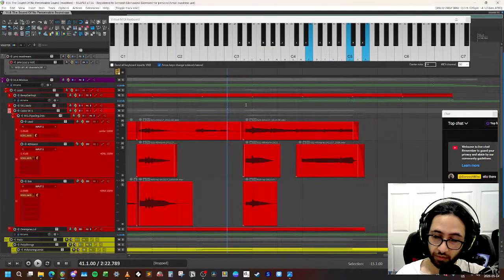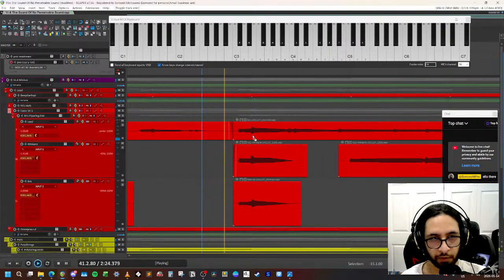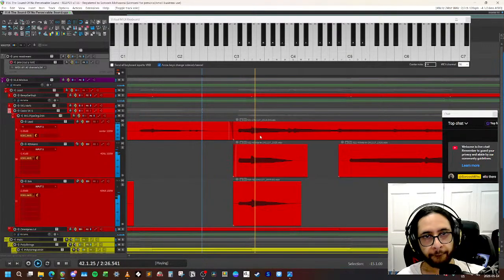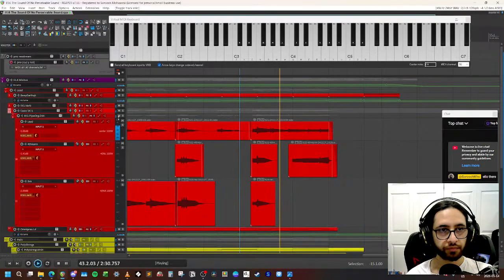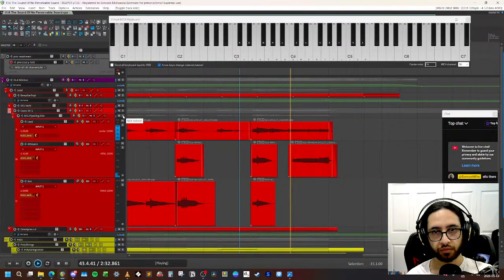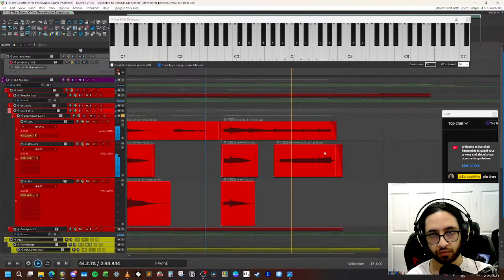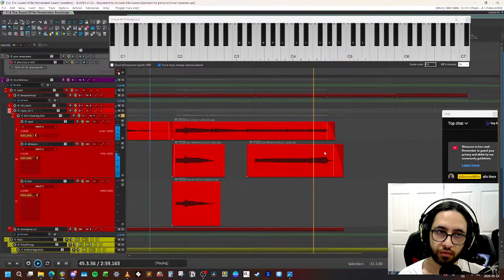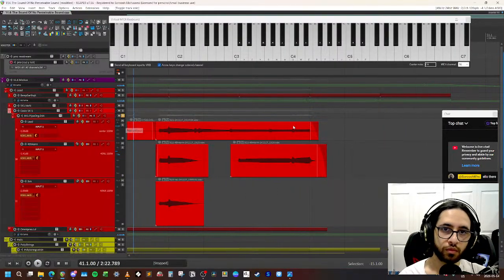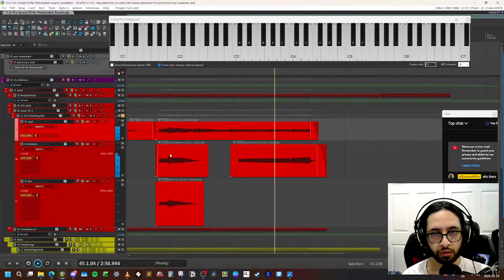So it starts on C major and then, surprise, minor chord. I like that ending harmony too.